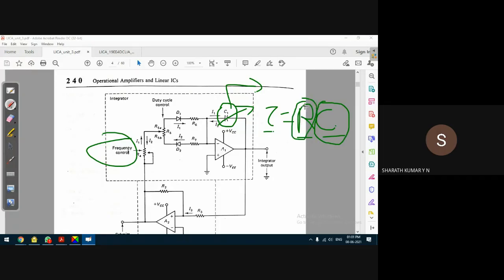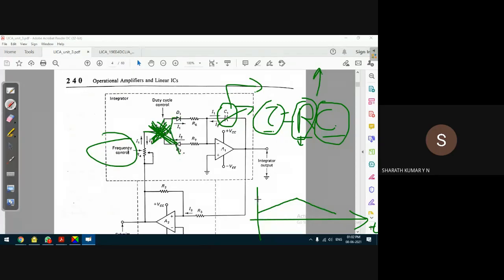If R is increased, the charging time of the capacitor increases, and for a given value of R, the discharging time of the capacitor also increases. Obviously, because charging and discharging time should be the same for a given value of resistance. Assuming that there is no R5, guys, please understand that. When you read the text, you'll understand all this. Let us assume that for the time being there is no resistance R5. Straight away, R4 is connected to D1 and D2.